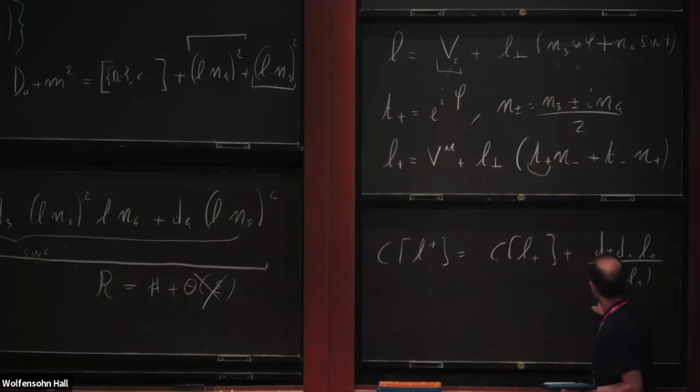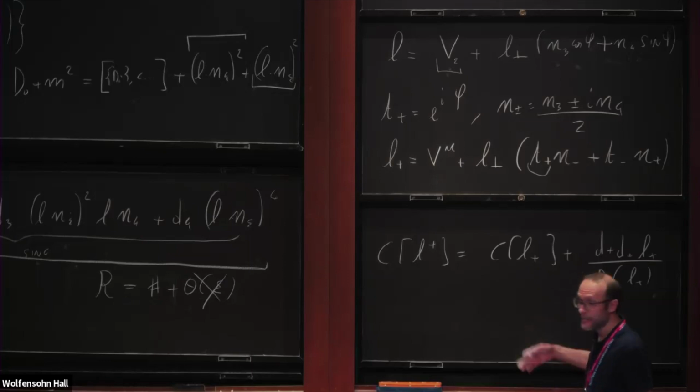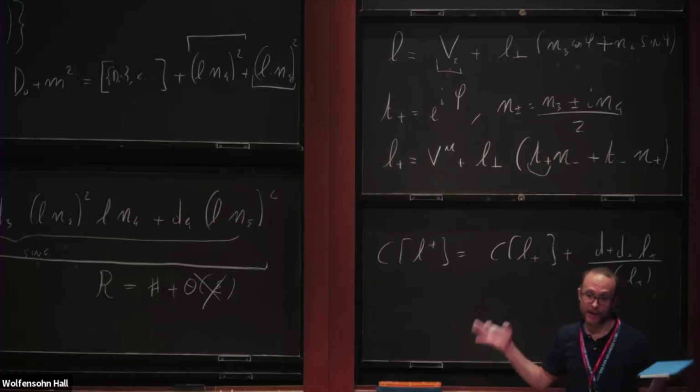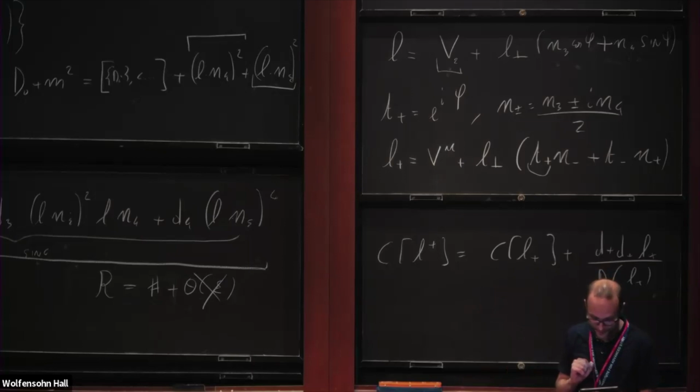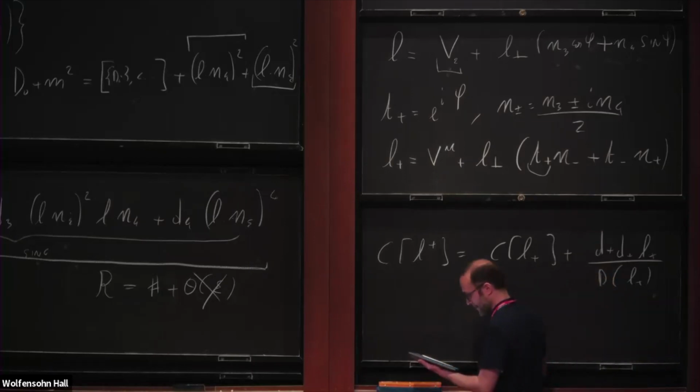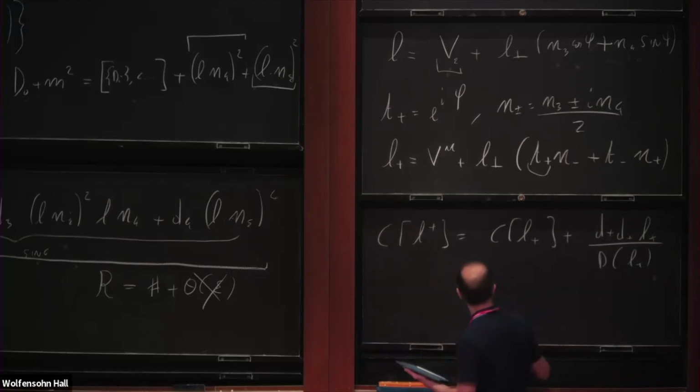Well, the trick is that this, if it comes from a box, has an extra pole. So whenever you have something with an extra pole, you can play with it and try to isolate it by doing a nice partial fractioning of your expression. And what happens at the end is that if you partial fraction this object here,